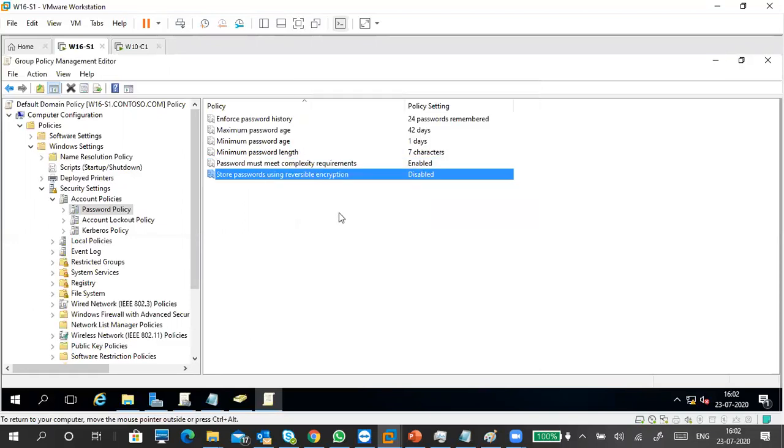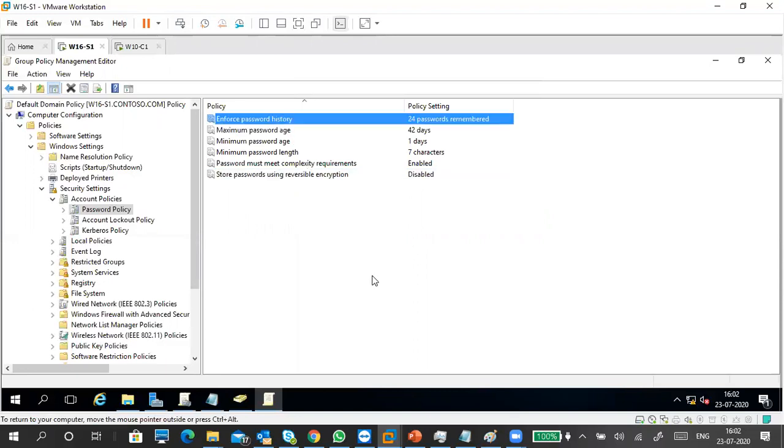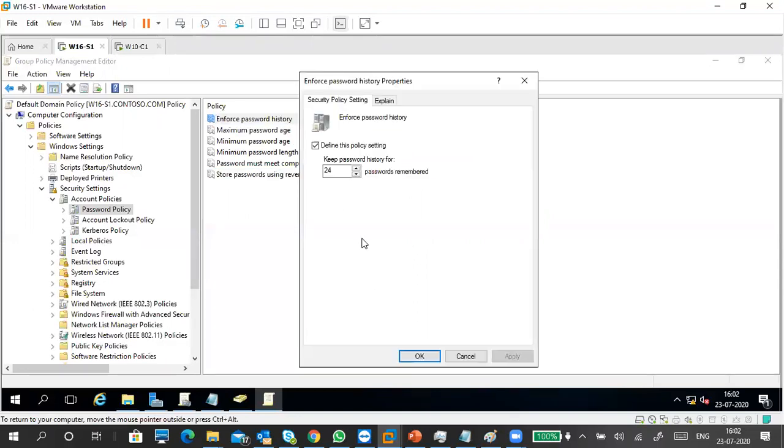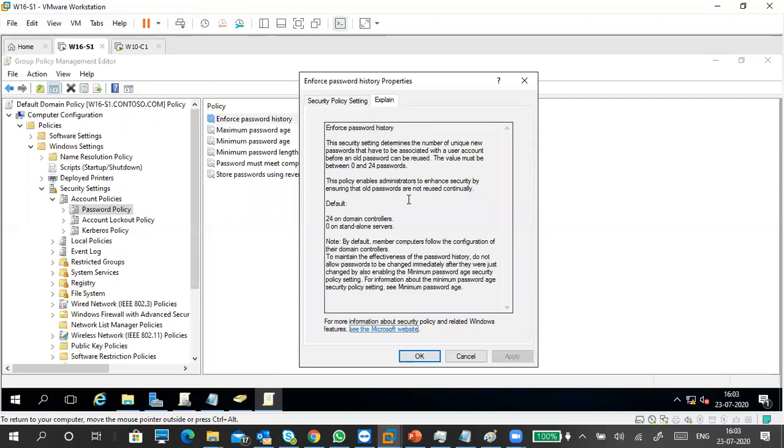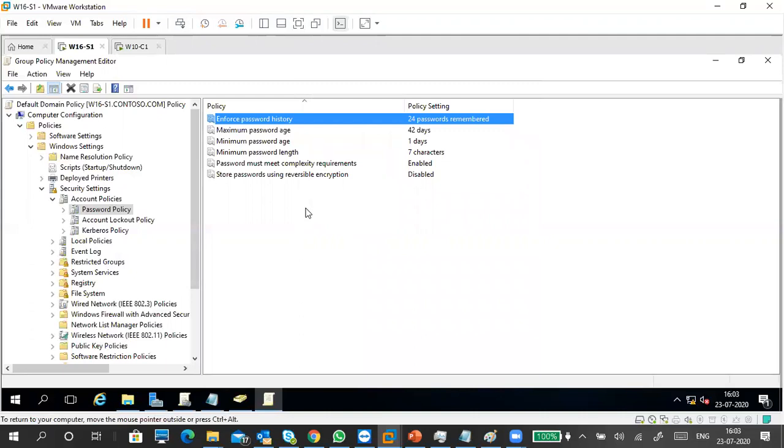Store password using reversible encryption, that kind of stuff. Next is password history. What is password history? When you're changing the bank password or Facebook password, after 2, 3 tries, if you give a previous password, what will happen? It will tell you this password is already used. Give a new password, because people think your password is already compromised. If you give all previous passwords, then obviously anybody can guess the password, right? So password history. Usually 3 is the best option.